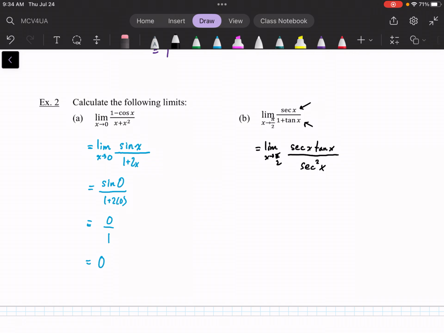Well, you notice the secant x can cancel with one of the square roots. So now this turns out to be the limit as x approaches pi over 2 of tan x over secant x. Well, I'm going to continue to simplify this first. So tan x